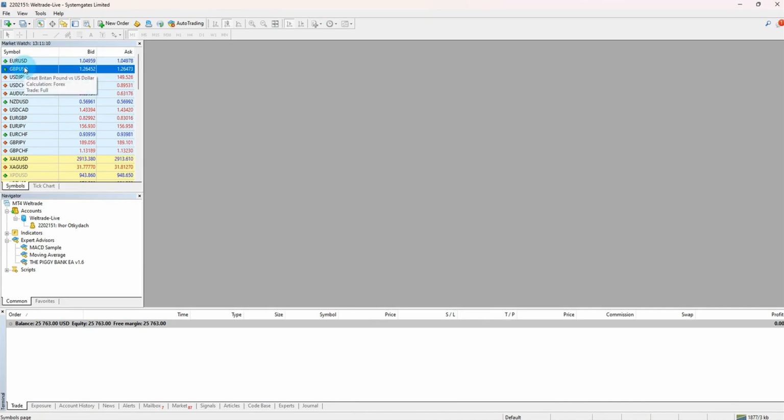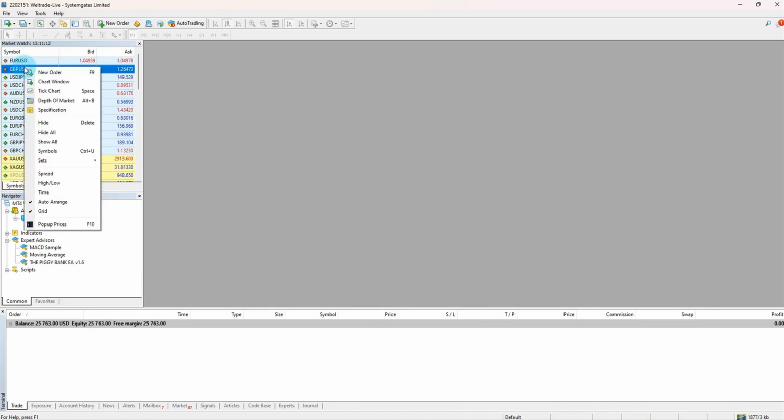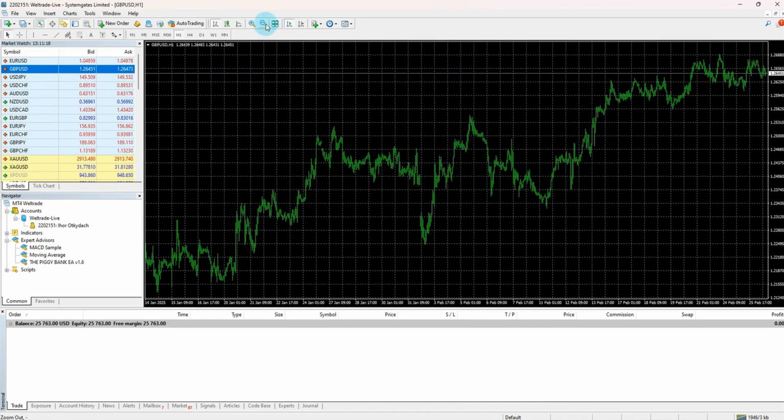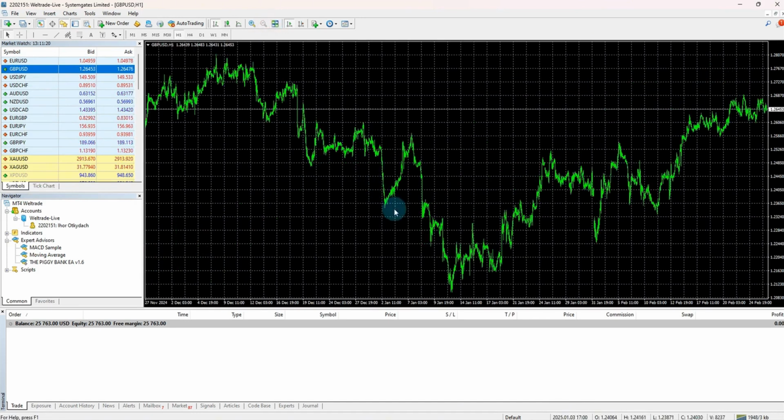We take this pound USD, right-click, and select chart window. And here we open the currency pair, pound against the US dollar. Next, what do we need to do? We need to reduce the time frame to M15. That is to say,